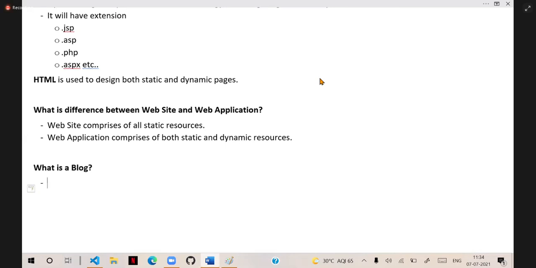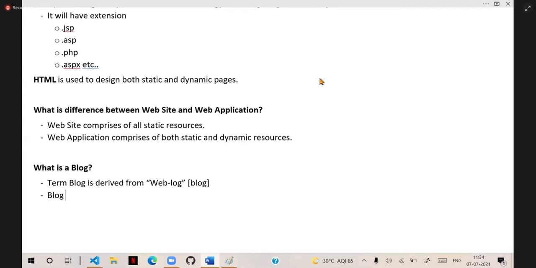Actually, the term blog is derived from weblog. In short, we call it a blog.